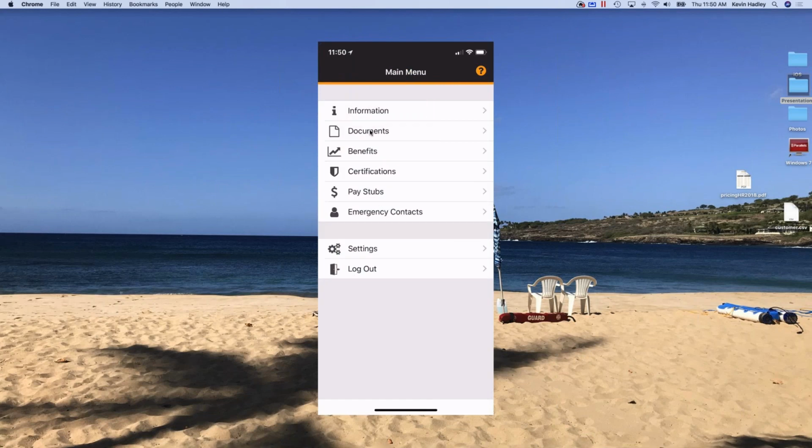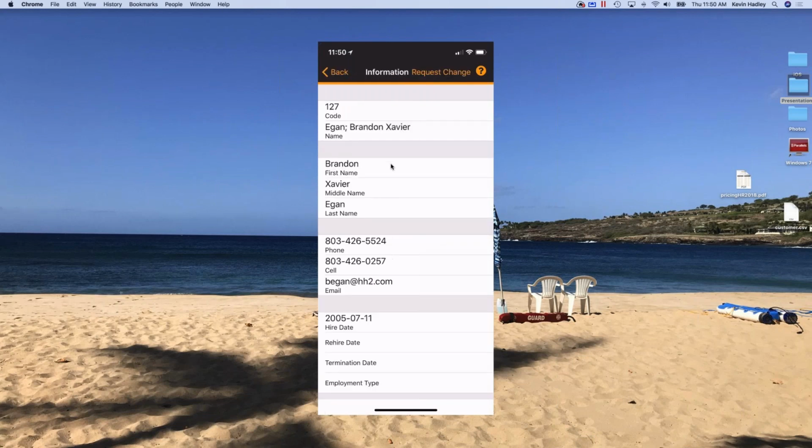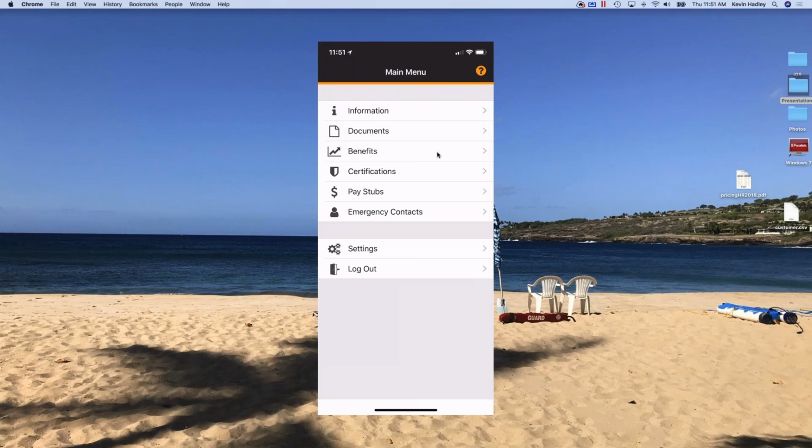One of the things that we're just adding is that same accruals tab that we have on the website, so they can see how many hours they have remaining. That's all I'll show on there. But it is kind of a nice, handy app. And here's where I could request the change. But it's just called hh2 My Records. It doesn't cost the employee anything to download.